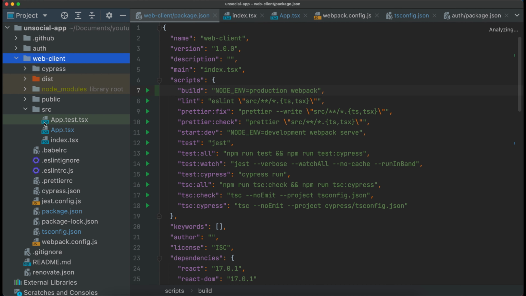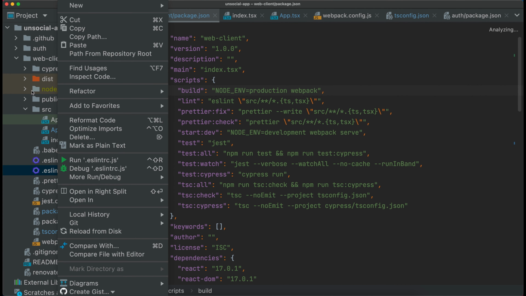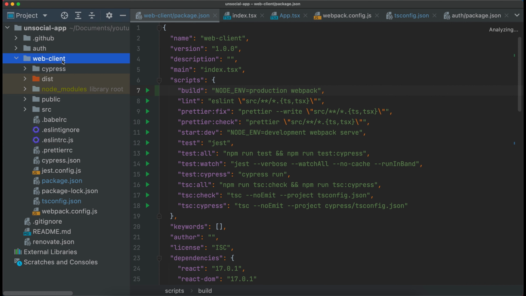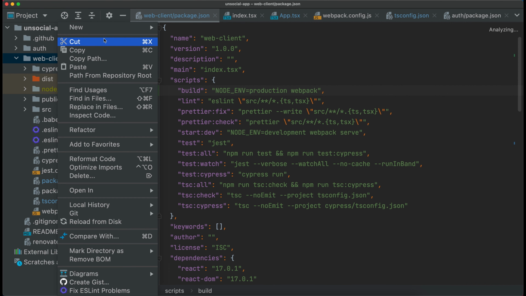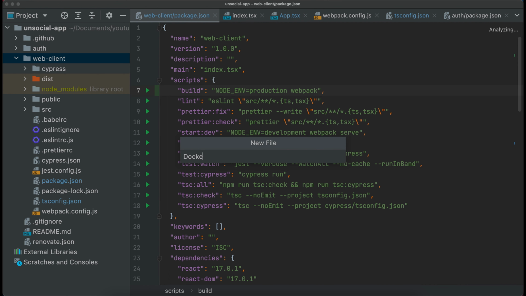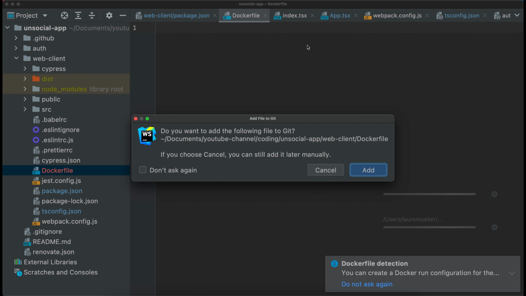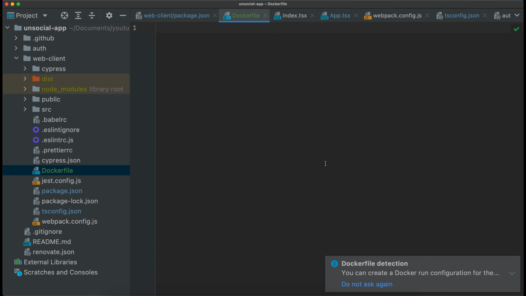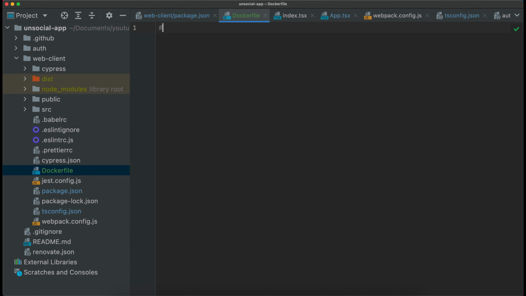application. Back at our IDE, let's create a new file within the web client root directory, not inside the source folder, but just under web client. Let's create a new file and we'll call this Dockerfile. I'll add this to Git. I mean, doesn't make that much difference. I want to commit it here, but for our purposes, we will just run this locally. Our Dockerfile will have two steps. Step number one is we want to build the production version of our application. And step number two, we want to serve the production files